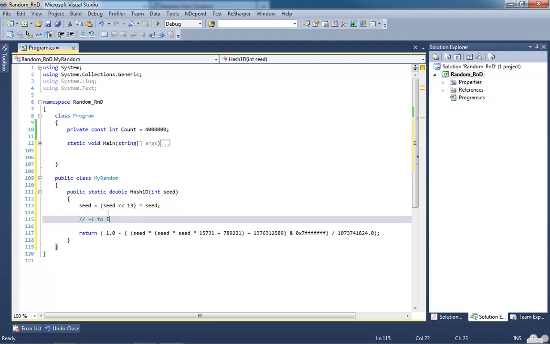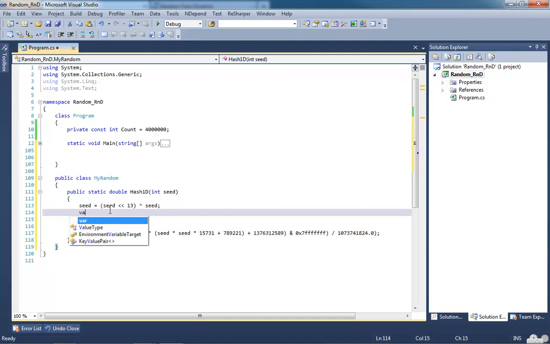So this is trying to return a number in the domain of 0 to 1, which is great for what it's trying to do, but not for what we want, because we want to return a double that is in the 0 to 1 domain. So we're going to take this code and modify it a little bit. We're going to make another variable, call it output. Then I'm going to take the information that we get from here,